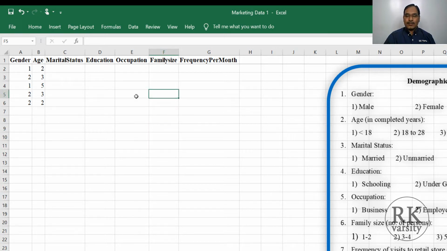In my next lecture, I'm going to show you how to enter data using Excel's built-in form. Here you have 7 questions. Maybe your questionnaire may have around 20 to 25 questions. In that case, entering data in this format may be difficult. To avoid this, we can create a form in Excel and you can directly enter the data into the form, and from the form automatically the data goes to the Excel database.